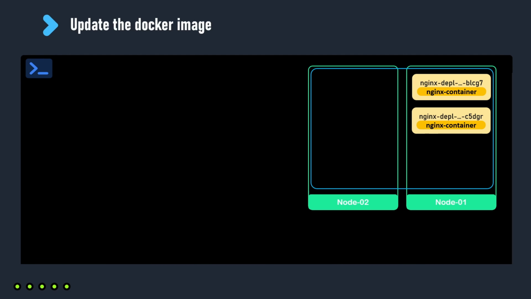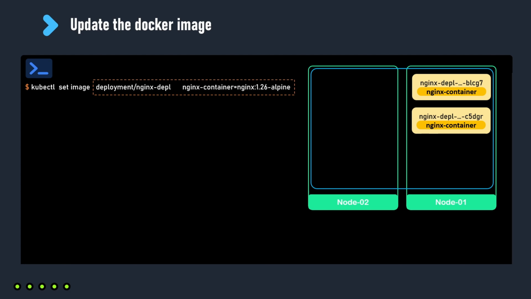To update the Docker image used to create the pods, we use the kubectl set image command, followed by deployments/ the name of the deployment, followed by the name of the container set to the name of the Docker image. For example, here we want to tell the deployment to use the nginx:1.26-alpine Docker image